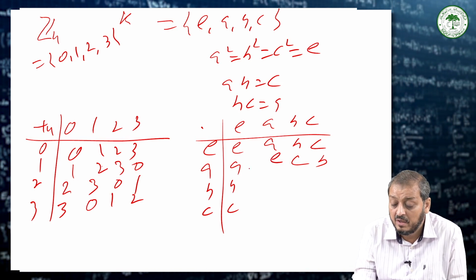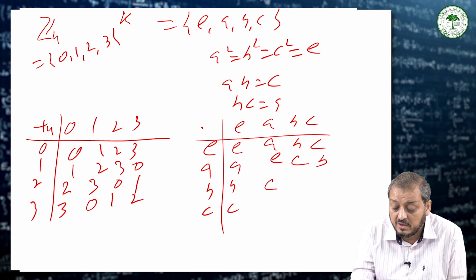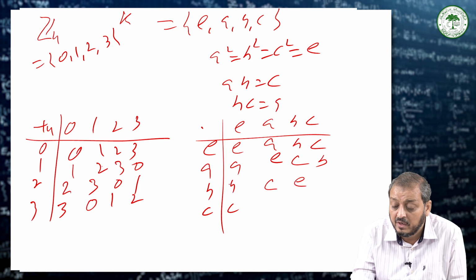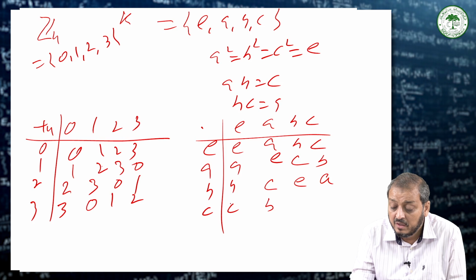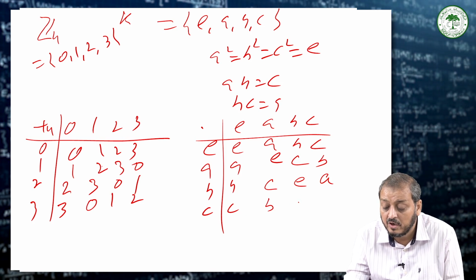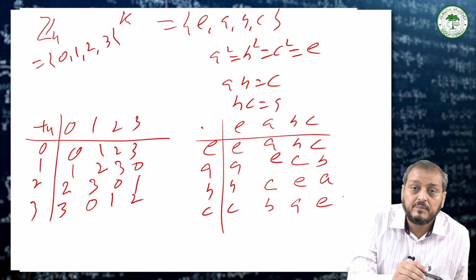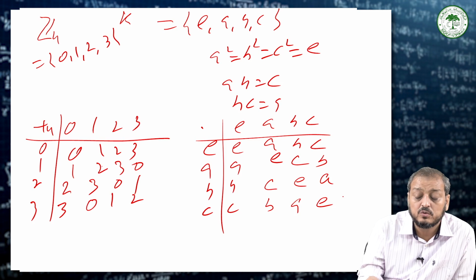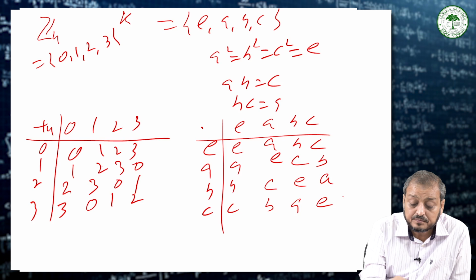Now we have B into A is equal to C, B square is equal to identity, BC is equal to A, now C into A is equal to B, then C into B is equal to A, and then C square is equal to identity. So by the property, to check whether these two are isomorphic or not, we can simply say that if you take, we